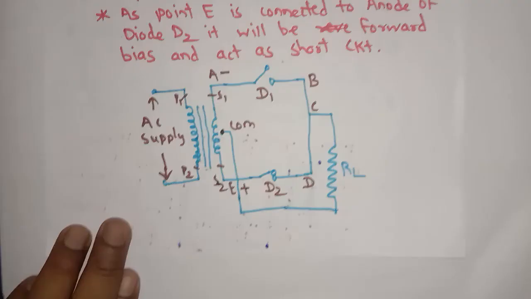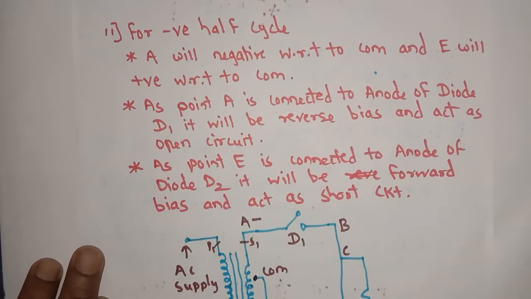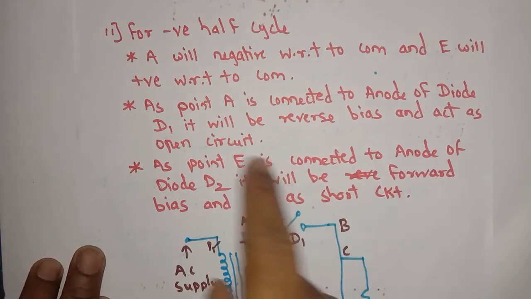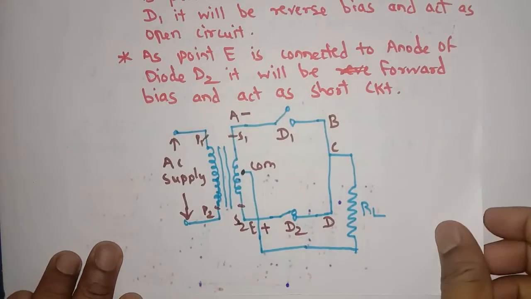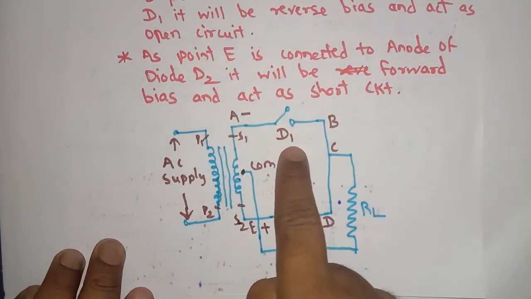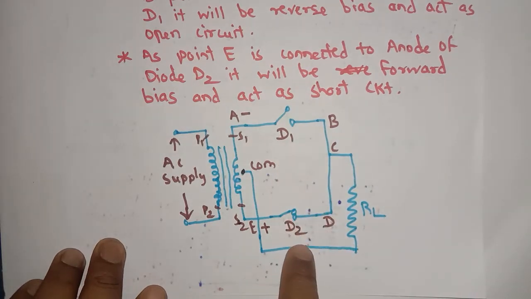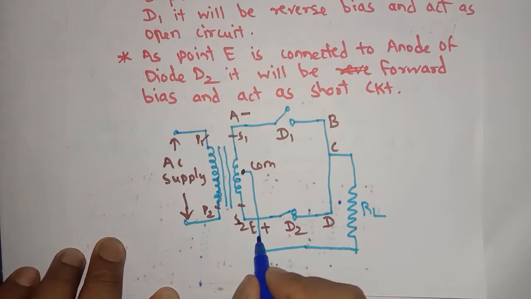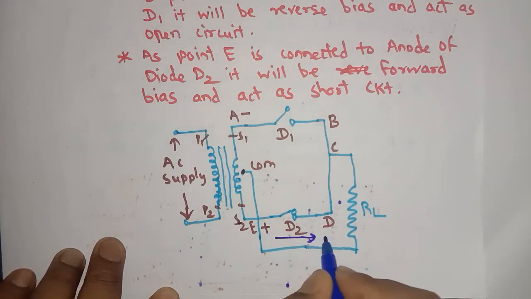So here is the explanation for the negative half cycle, and the diagram will look like this. Here diode D1 will be open circuit and diode D2 will be short circuit. Again we know that current always flows from higher potential towards the lower potential. So E here is the higher potential, so current starts flowing from E, then to diode D2, then to D terminal,